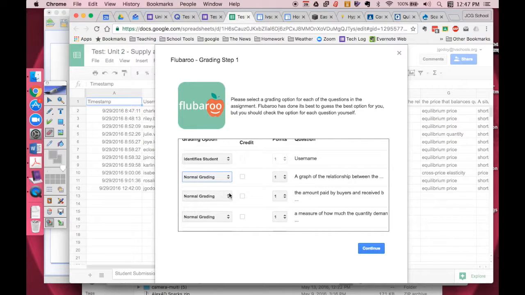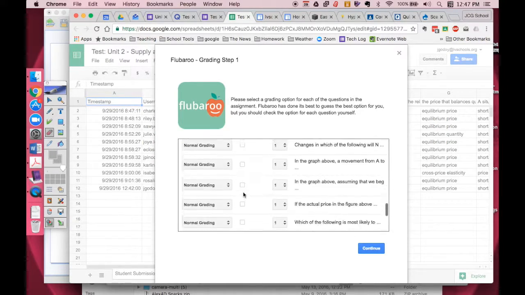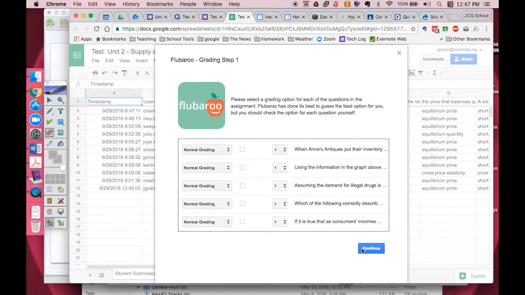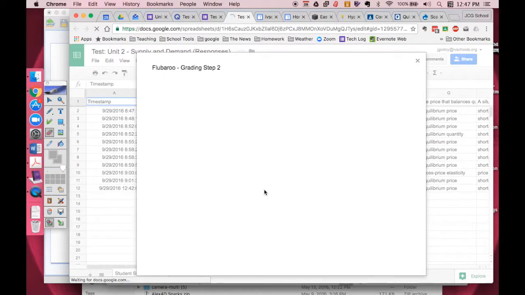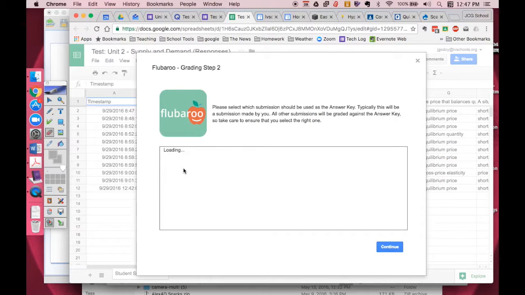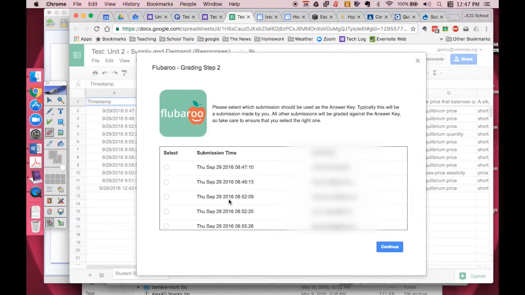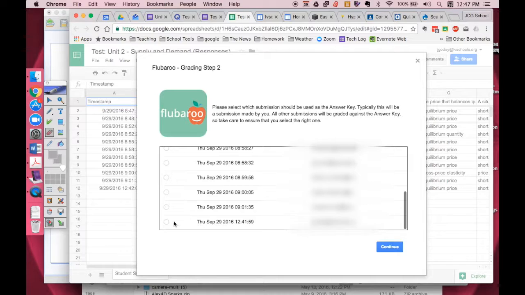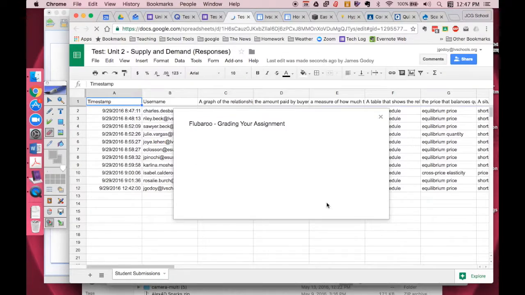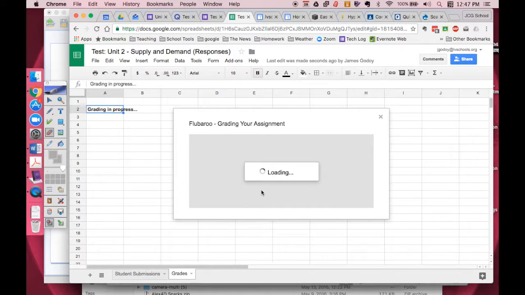So I'm just going to pick normal grading for all my questions, and it sets it as the default automatically. Continue, and then it asks which one of these respondents is the answer key. So there I am at the bottom of the list. I hit continue, and that, as they say,